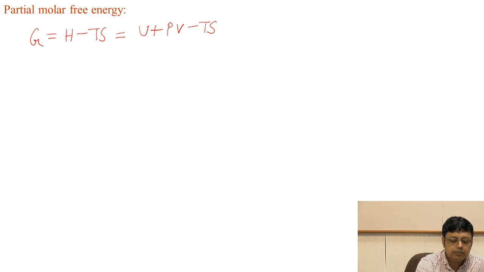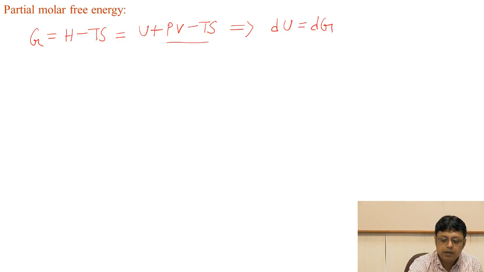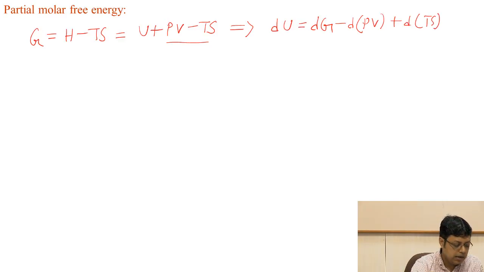So we can right away see that dU will be nothing but, if I take this PV minus TS term to the other side, it will be minus d of PV, which we can just keep like that for the time being, plus d of TS, and then you can show that